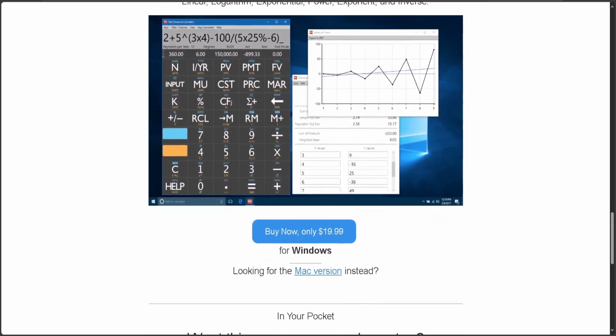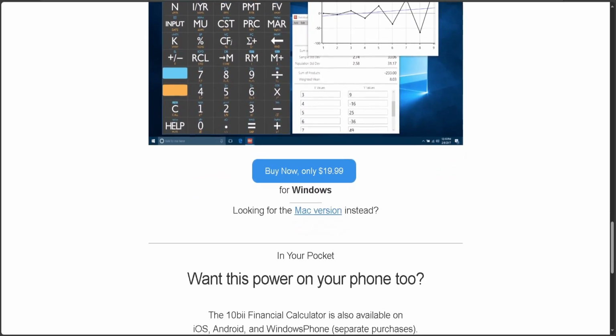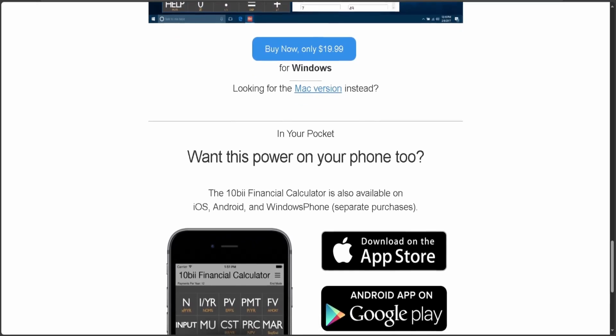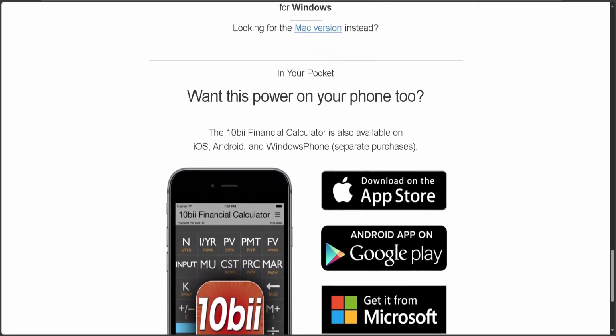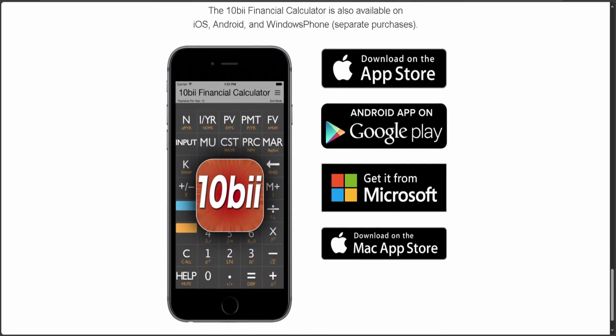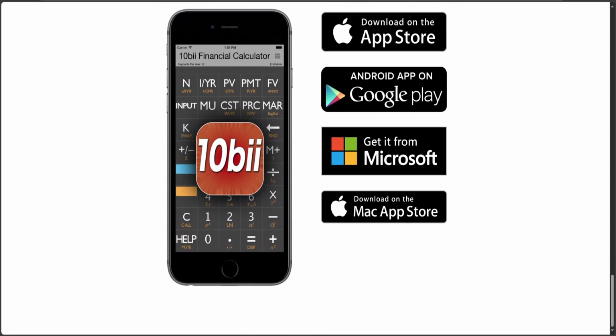And my main tip is to practice with the time value of money keys because once you master N, I/YR, PV, PMT, and FV, you unlock most of its power while also exploring the cash flow sheet for IRR and NPV. So overall, the 10BII app is simple yet professional and a great tool to keep on your phone if you are serious about finance.